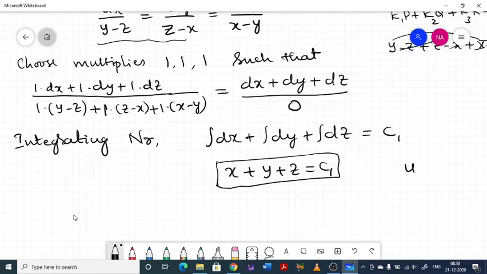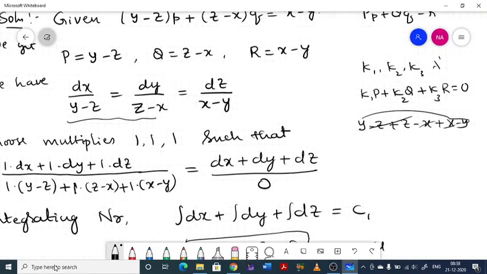So we shall take one thing: multiplying x to P, you get here xy minus xz. If you multiply x to P, you'll get xy minus xz. Here you got minus zx, so here minus zx came. Where else is z? Here it is. So here z was there, we multiplied x. Next, where x is there, we have to multiply z. So here you have to multiply z. Then you will get,